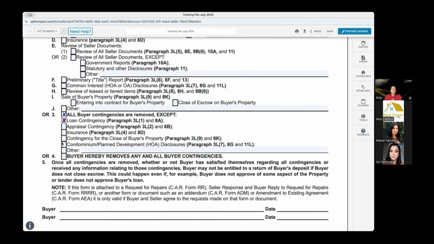Select the contingencies that you don't want to remove, and it will automatically check the box for number 3. Your other option here is if the buyer's completely done and we're ready to remove all contingencies, we check this box here. Now, keep in mind that if we have the contingency for the sale of the buyer's property, which is good until the close of escrow of the buyer's property, and we check this box